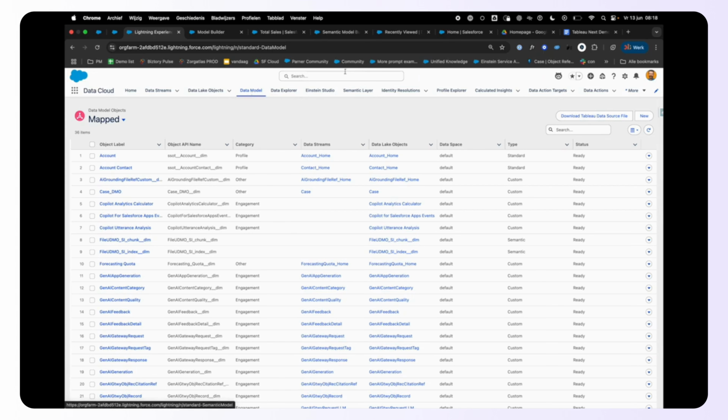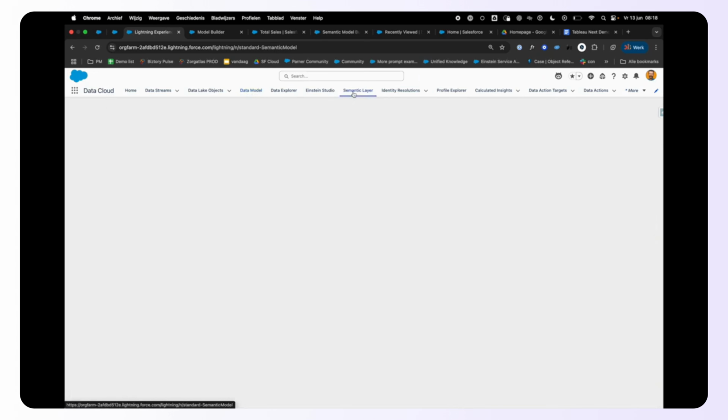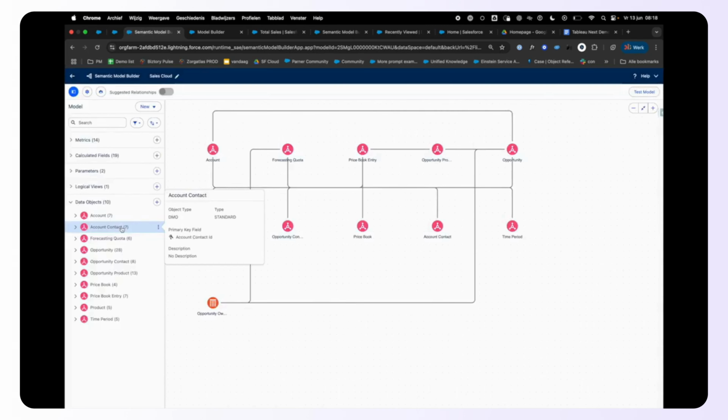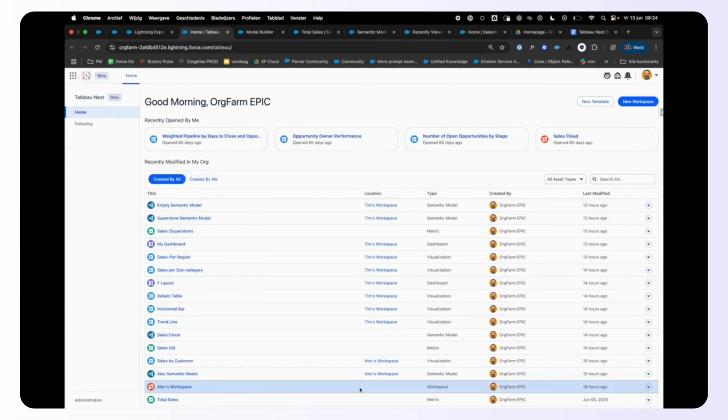Now that semantic model sits right in my Data Cloud. So I showed you the Sales Cloud semantic model. If I click here on Sales Cloud, I immediately arrive back into my semantic model. As a next step,